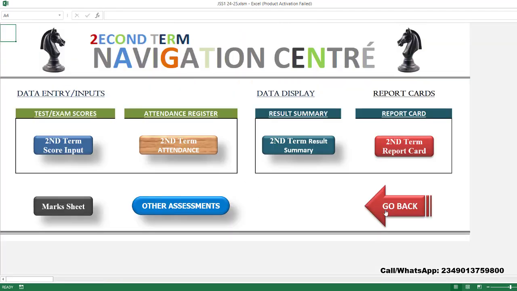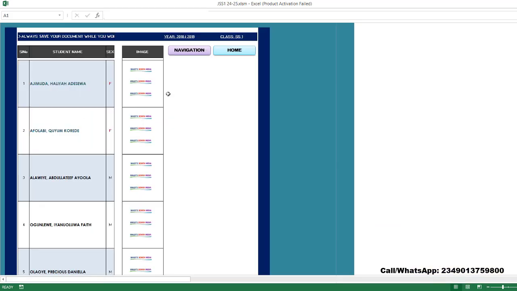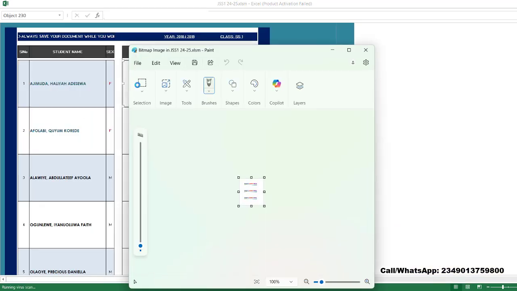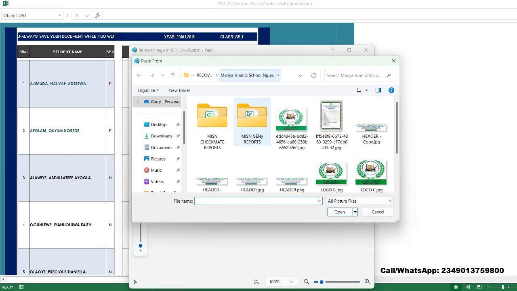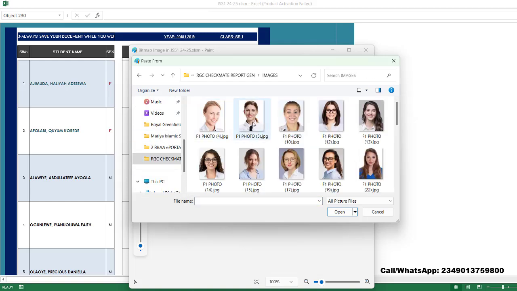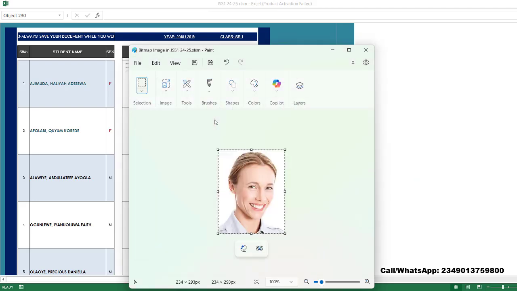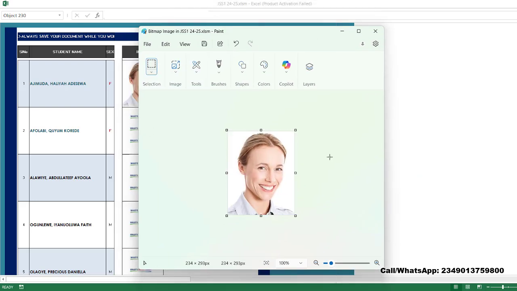Just for example's sake, I'll go to images. Once you right click on one of them, there's import to canvas from file, and I go to where I have my images. I have the images here. So the first one is a female. I select this. You can see that I've already resized and cropped my picture to the passport size,